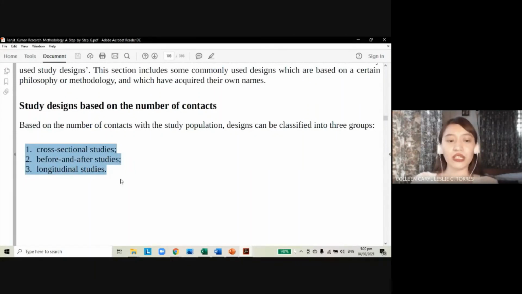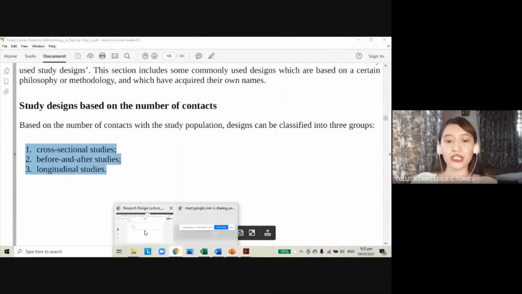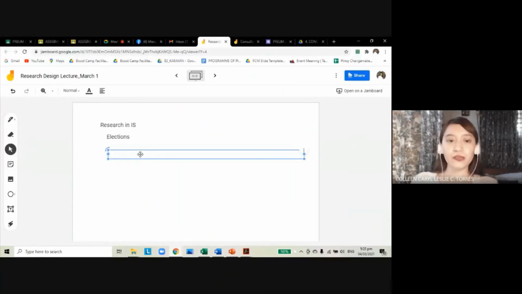This is an example of a longitudinal study, where the respondents are surveyed every month or so, every quarter. So you don't just approach the respondents once, but repeatedly. But usually the selection of the sample is random, it's not the same people being studied. Actually every time they poll on who they will vote for in the election, it's a different random sample. But supposing, just like what is mentioned here,